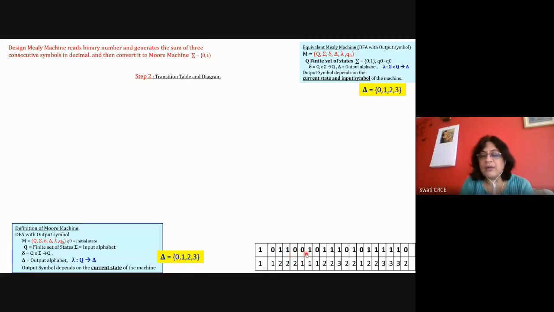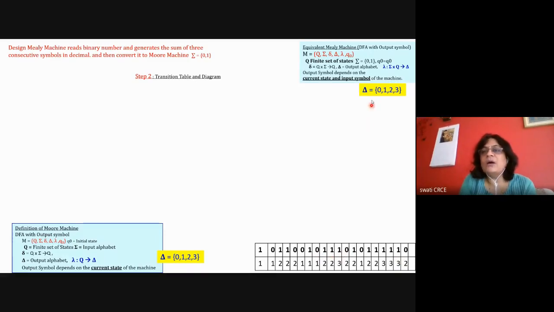Now you have to take a proper string because you have to cover all the possible combinations. So in your string you should take all three zeros, all three ones, then 1 0 0 1 combination. So if there are three ones here, at the end of the third one, you get the output as 3. Or here there are five ones. So here you get the output as 2 because here the previous three digits' sum is 2. Here this is 2, this is 3, again here 3, again here 3. But if you observe all this pattern, we can say that the output generated will contain the symbols either 0 or 1 or 2 or 3.